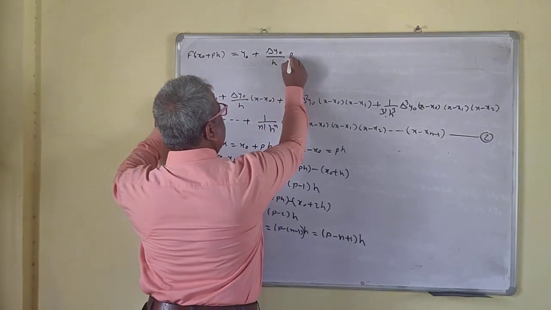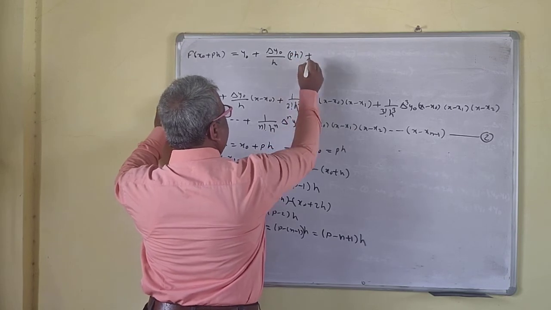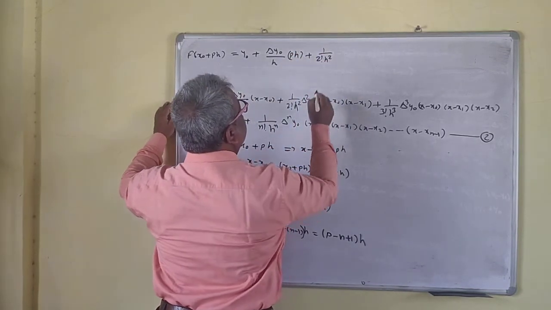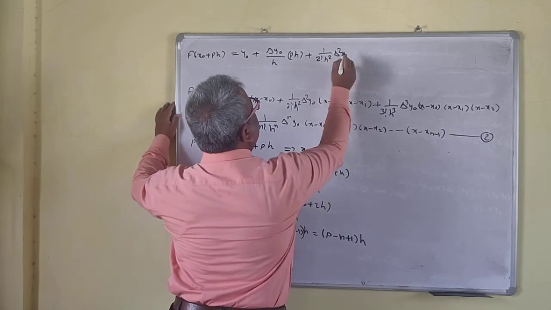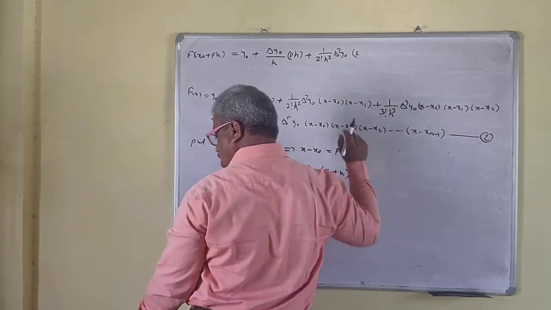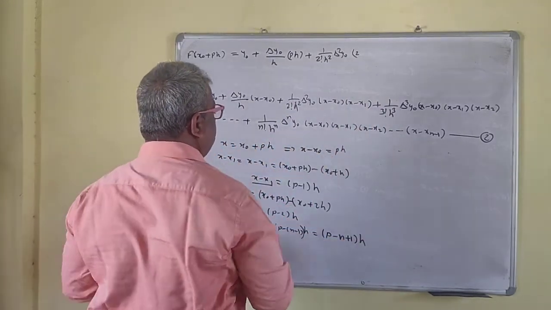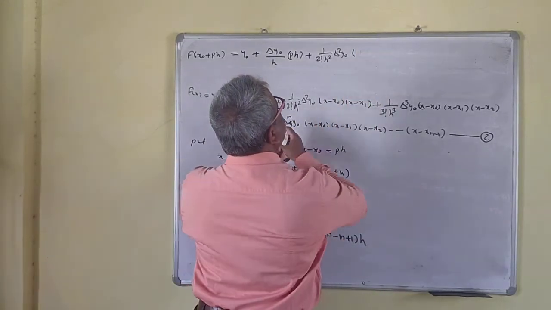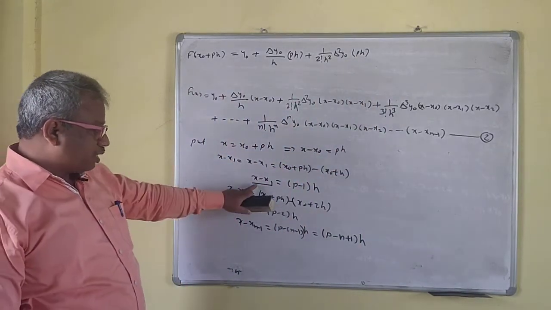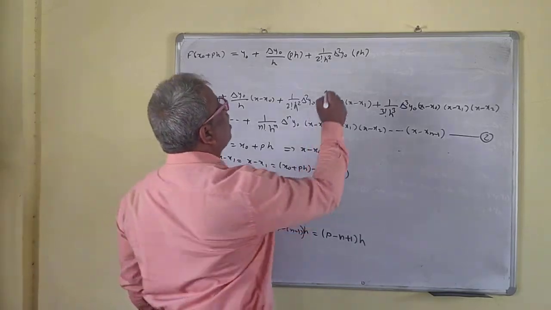Plus 1 upon 2 factorial h square del square y0 as it is. X minus x0 is ph, so I write this ph here. X minus x1 I have just calculated: p minus 1